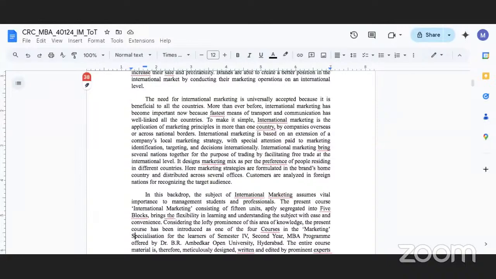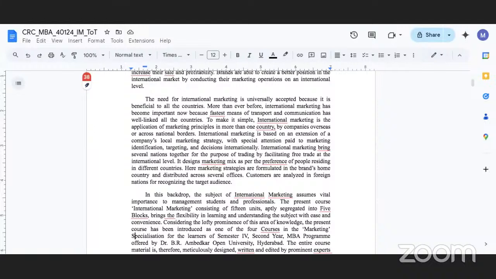Another element that we need to understand is that international marketing brings together several countries for the purpose of trading. And how is this possible? By facilitating free trade. So when we talk in terms of free trade, we are not talking in terms of the taxes or any other laws and regulations that are available. But what we are trying to talk about here at a very fundamental level is that trade means that